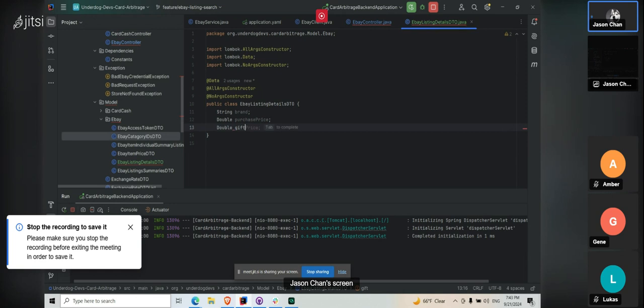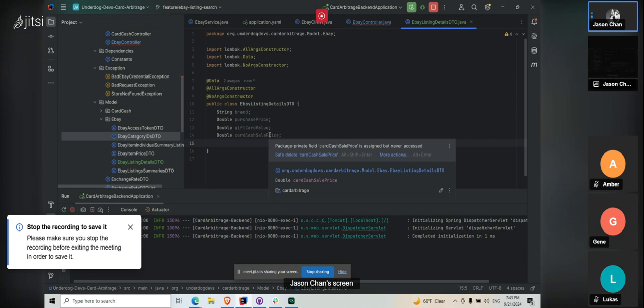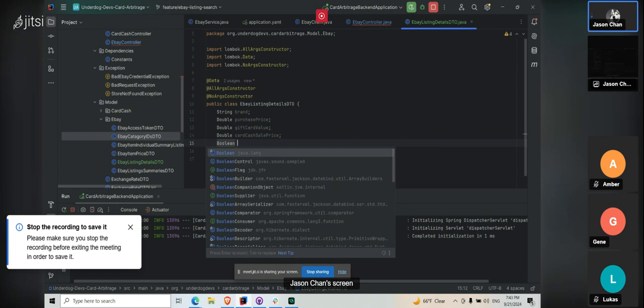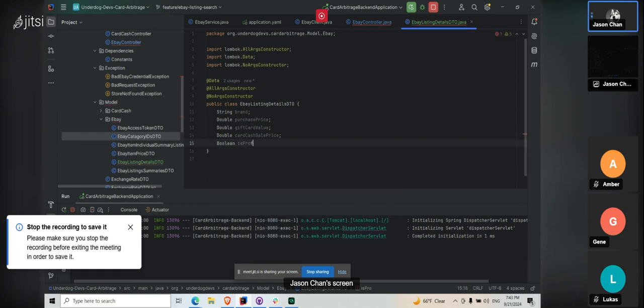Double gift card value, right? Maybe a double of the card cash sale price, right? Or we could do sale price or offer price, doesn't really matter. We get the idea. And Boolean is profitable. Maybe that's another Boolean that's very important to us, right? Because we want to make sure that it's always profitable. And maybe we'll do one more thing, like a double profitability or arbitrage